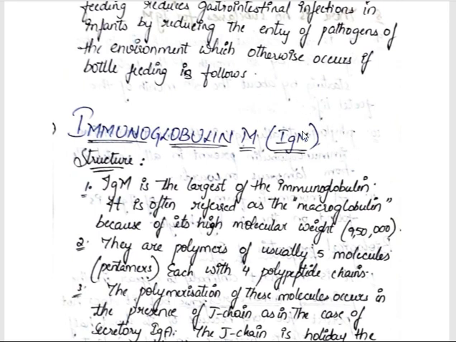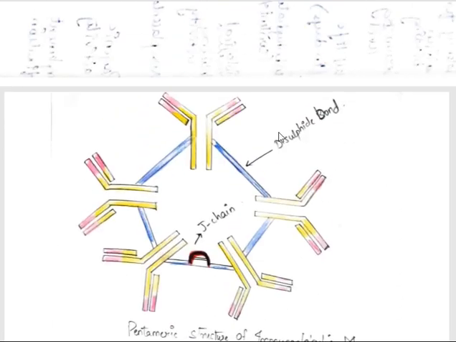That means the heavy chain of this immunoglobulin is the mu type, which is a very important type. Here IgM is the largest of the immunoglobulins. So if the question is which is the largest immunoglobulin, you can blindly say that it is IgM. It is often referred to as a macroglobulin. If you see the structure, this is the IgM structure. See how many there are? 5 are there. That's why this is the largest immunoglobulin, and it has a molecular weight of about